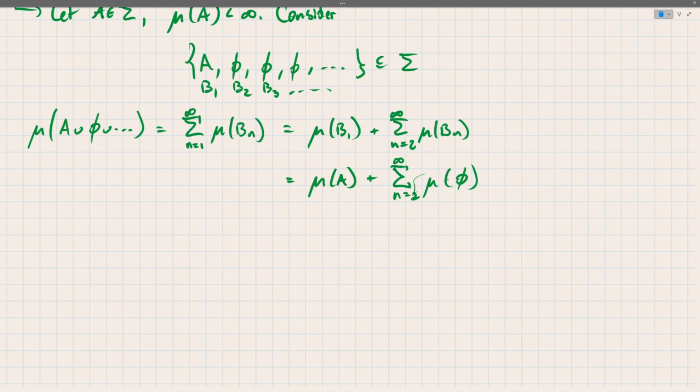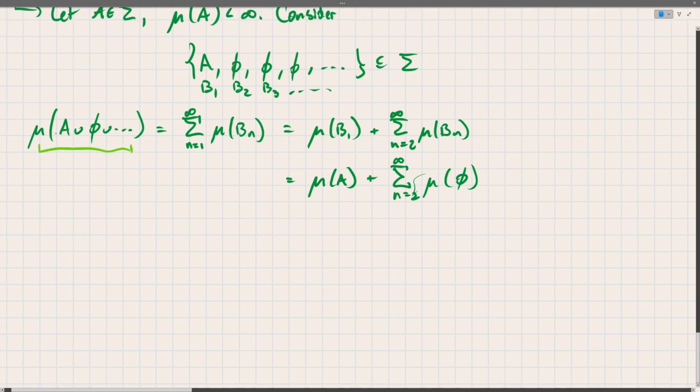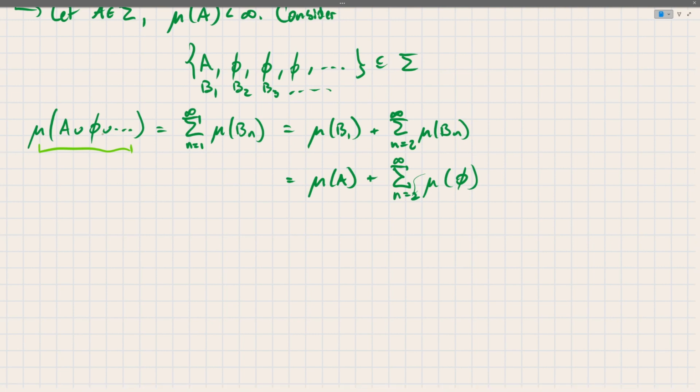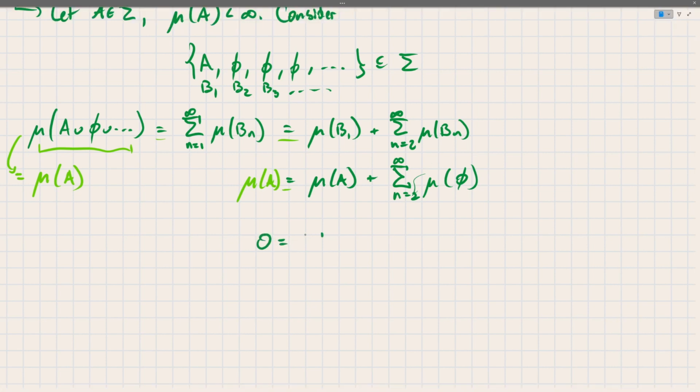Now, when evaluating this, go back to the beginning. When I take A union empty set, continuing unioning with empty sets, I get A. So this itself is equal to the measure of A. So I follow this chain of equalities, and I get that the measure of A is equal to this. Well, if I subtract mu of A from both sides, I get that this whole sum from 2 to infinity